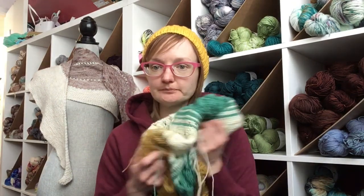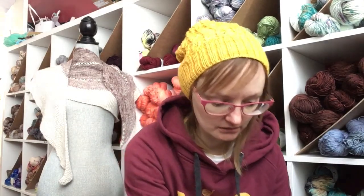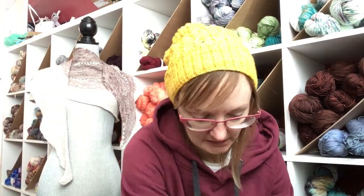It feels good in my hands. I'm not rushing. I'm enjoying the process. I really look forward to having this and wearing it because I love the color so much. And so that is all for my Sister Shawl. I'm just going to put that away,